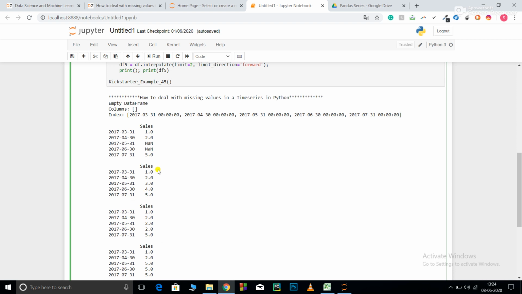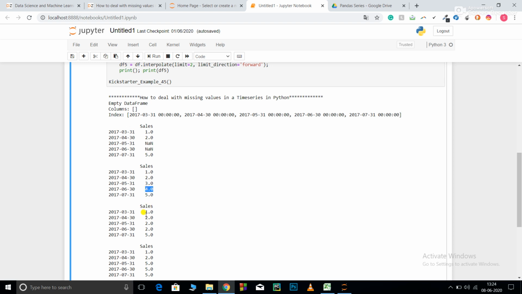So first let's see the output. Now you can see how interpolation works. So 1, 2, then there were 2 NaN values, then 5. So it fit a line through this. We can clearly guess that the line must be y equal to x. So what it did, it predicted the value to be 1, then 2, then it predicted the last value to be 3. So it thought the upcoming two values should be 3 and 4. So you can see it filled those with 3 and 4.